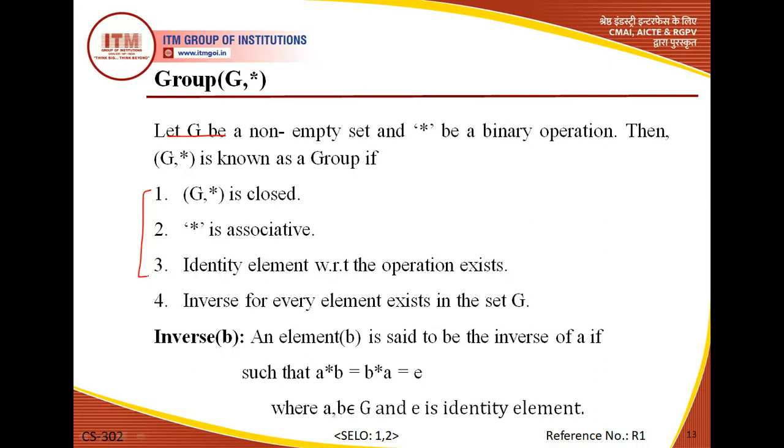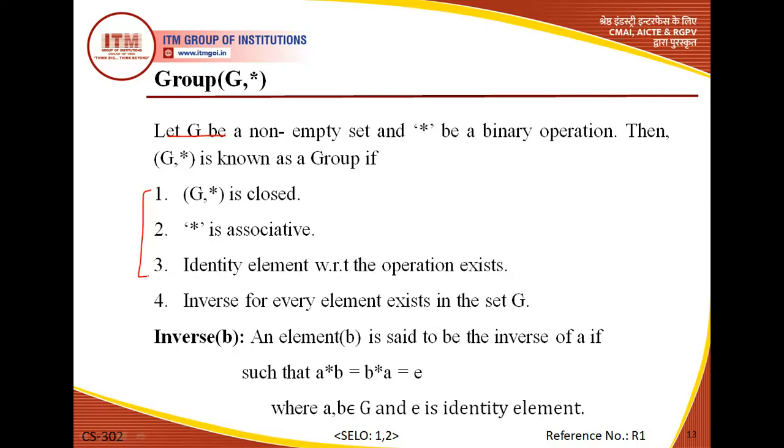So if we have an element, let's say 1, in the set of integers, and also we have 0. So 0 is the identity element. The element exists in what? The set of integers. If you add 1 to 0, it will become 1 only. If you add 0 to 1, it will give you 1 only. So 1 is an example of an element of the set of integers, and 0 is the identity element for that.